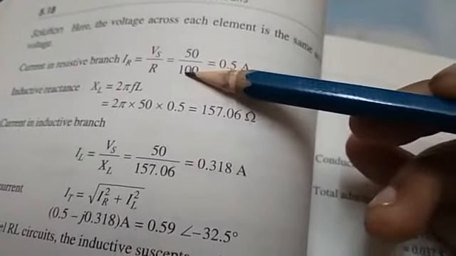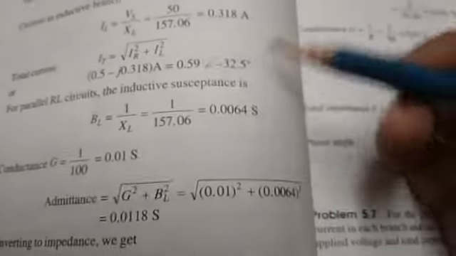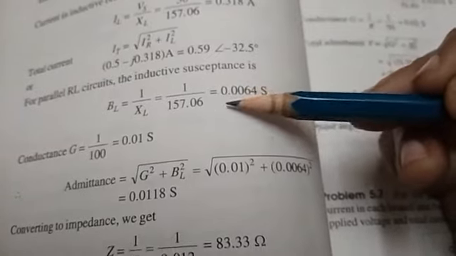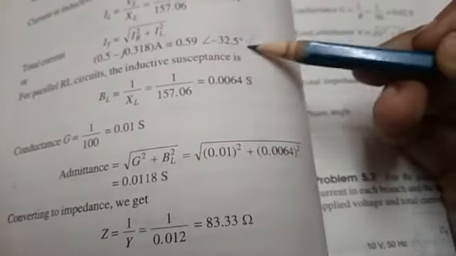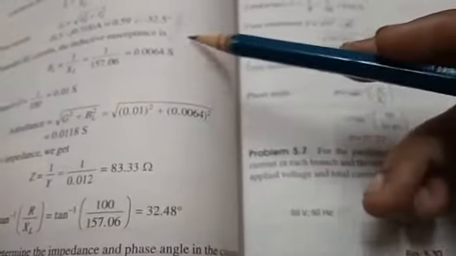Okay, in a similar fashion, find the branch currents, and from these branch currents they calculate the total current. Up to here it is enough. They change this one to conductances, all those things. In both ways it will be the same. In both ways the calculation up to here is enough.